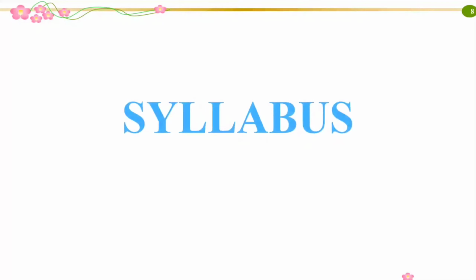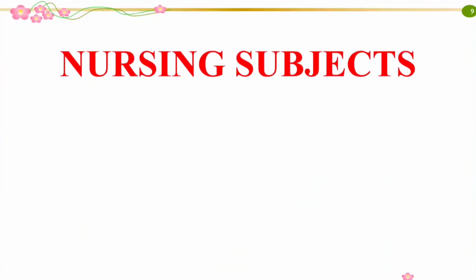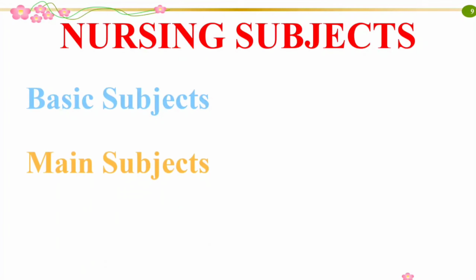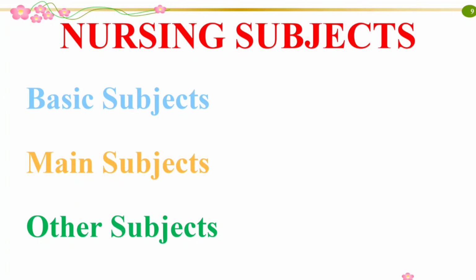Then comes the nursing syllabus, that is our nursing subjects. Regarding this syllabus, we can divide it into our basic subjects, then main subjects and the other subjects. In this, basic subjects include anatomy, physiology, microbiology, psychology, sociology and all, and the main subjects include the foundation of nursing, medical surgical nursing, obstetrics and gynecological nursing, pediatric nursing, psychiatric nursing, community health nursing, and the other subjects include nursing administration, nursing education and nursing research and statistics. So coming in detail with these subjects,